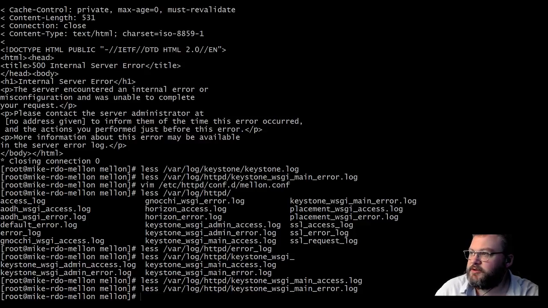Let's see. Maybe I'll just go create the application in Okta real quick. That way we can get a valid file. Alright,